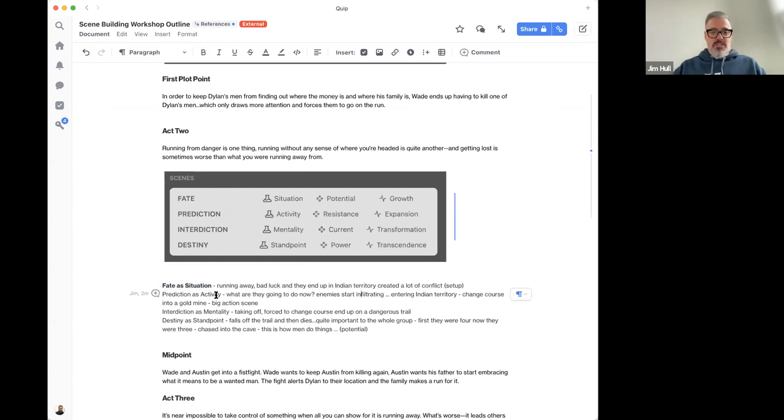And then the second one, Prediction as an activity: what are they going to do now? I agree, prediction is, oh, what the heck am I going to do with that? Is it just people sitting around going, oh, this is going to end up really badly if we don't do something, and then it's just a conversation? You never want the characters to be talking about prediction or talking about their bad luck or talking about introduction. This isn't what characters are talking about. It's really about what the thematic issue is that you're covering, what's the material, what it is you're exploring as an author that's problematic. So unless I miss something, I'm not sure if this one really comes off as good,